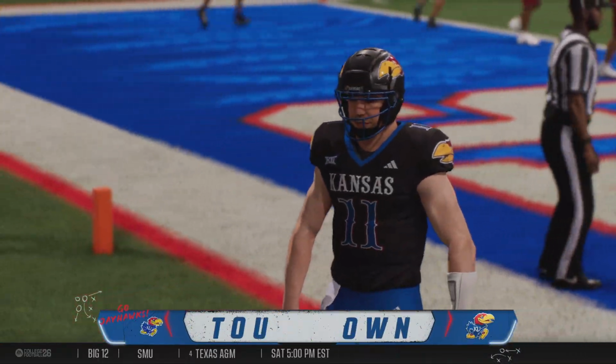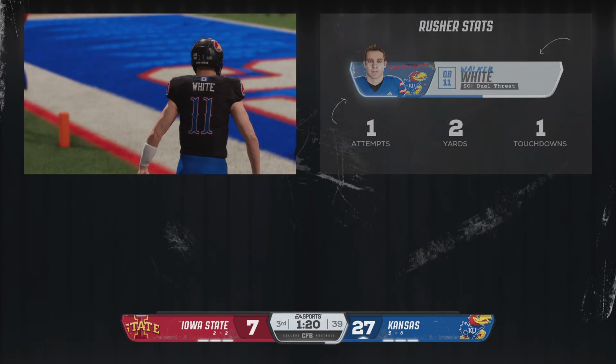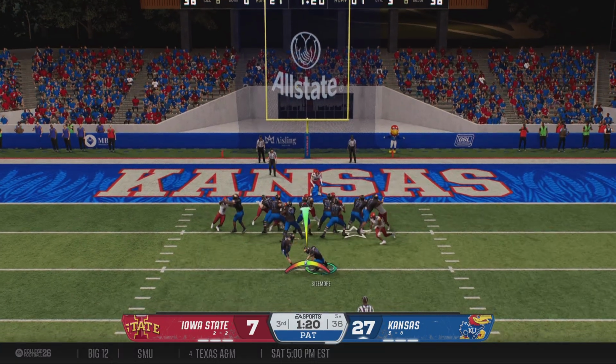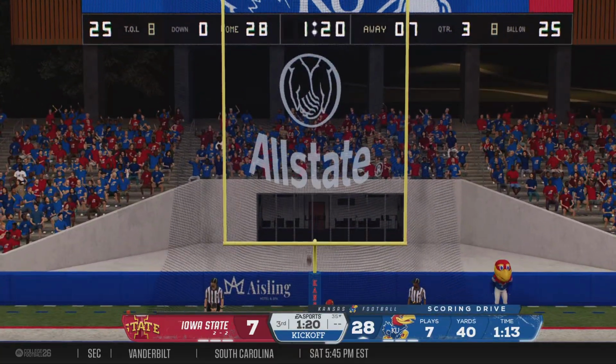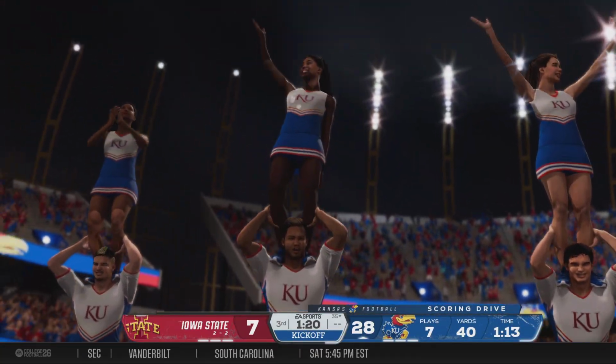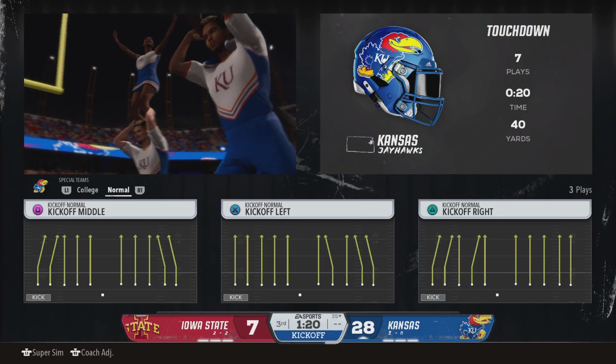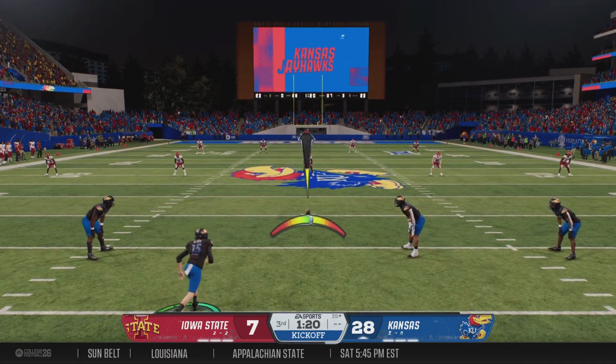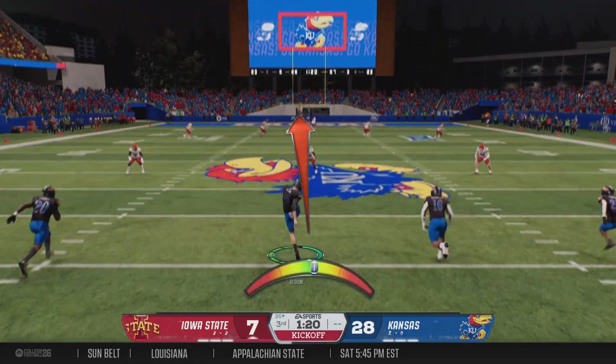Touchdown, Rock Chalk Jayhawk. These guys are really hitting their stride in week 4 as they push out that lead. The defense knew coming into this game they were going to have their hands full. Not only did they have to worry about these running backs in the running game, they had to worry about the quarterback as well. On designed runs and on scrambles, they didn't have an answer for him right there.